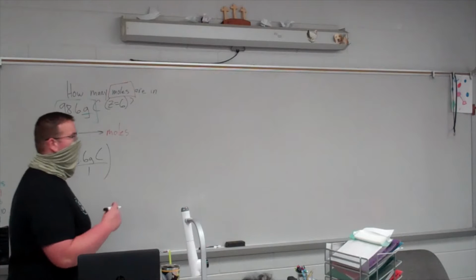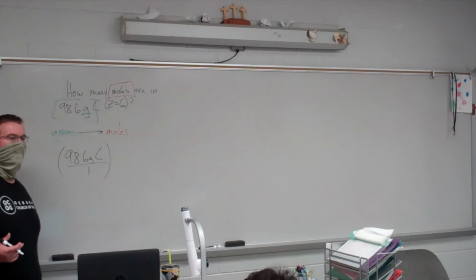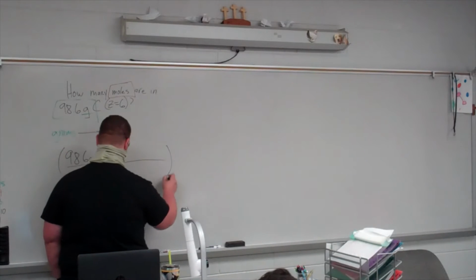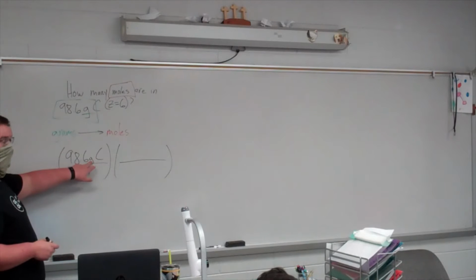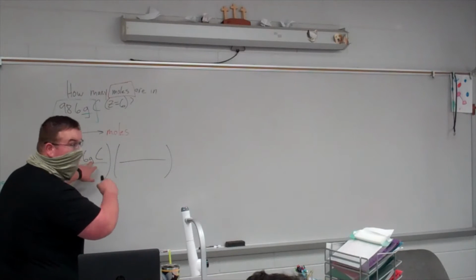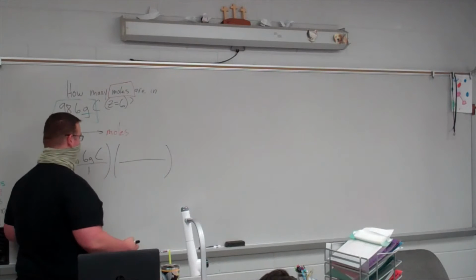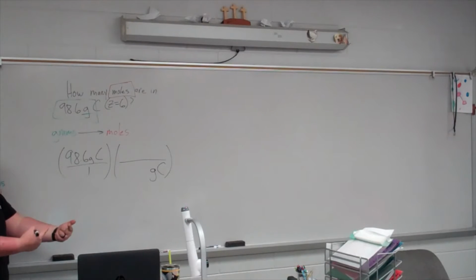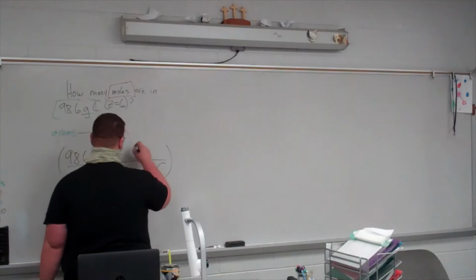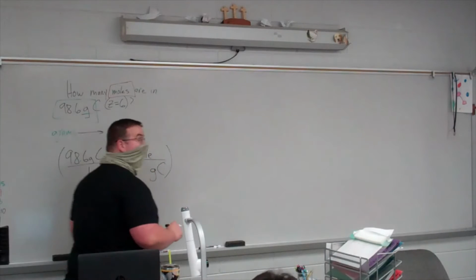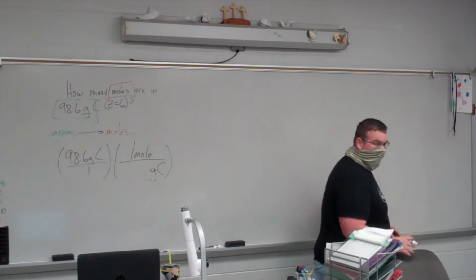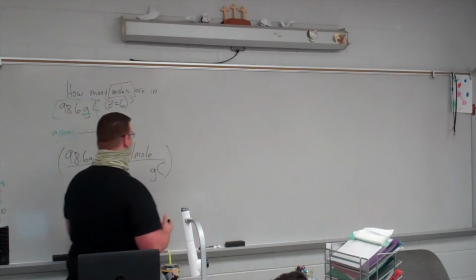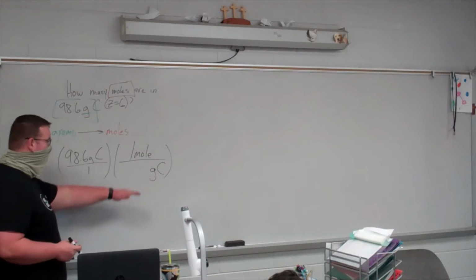But a student told me at lunch they liked this more. Where am I starting? Where am I going to? Mass to mole. So I'm starting at a mass, I'm starting with grams. So I'm starting there, I'm leaving there. What does that mean? That the grams of carbon goes on the bottom. Where am I going to? So moles go on the top. Either way, you want to reason this out. If you want to use the mole map, use the mole map. If you want to use that reasoning, use the reasoning. I do not care. Whatever works best for you. So, question. What number is going to go here for grams of carbon?